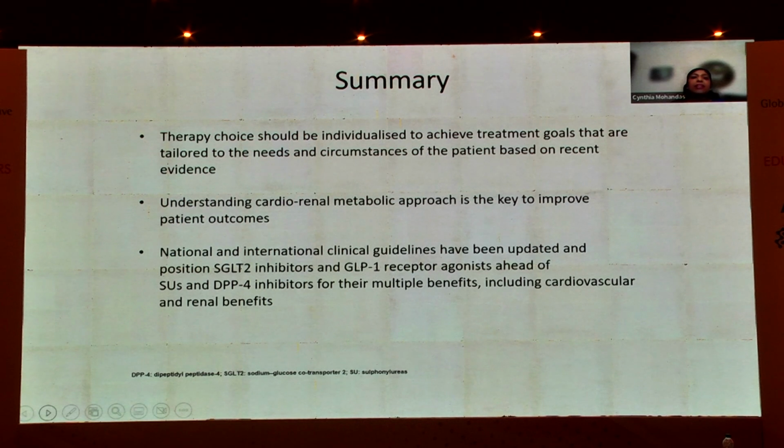So, in summary, therapy choice should be individualized to achieve treatment goals that are tailored to the needs and circumstances of the patient based on recent evidence. As you know, the patient in front of you will not fit all the world criteria. They might have cardiovascular disease, but at the same time, they might have side effects which prevent them from using a particular drug. In UK especially, we have a big population who are frail and elderly, about 80, about 80 years,